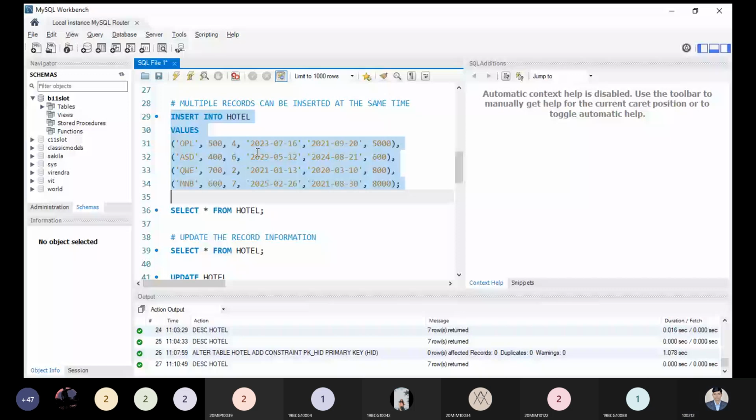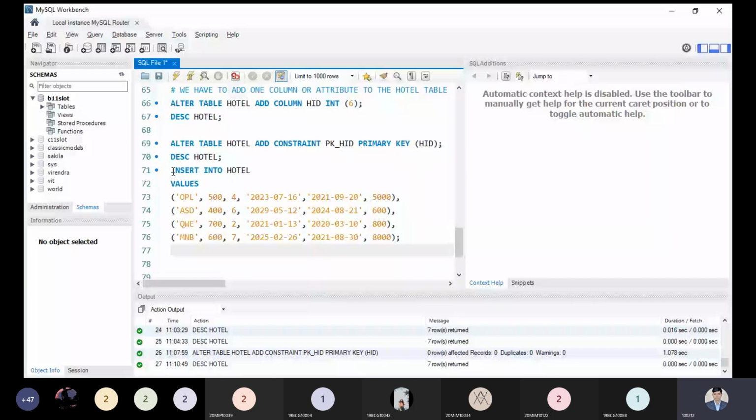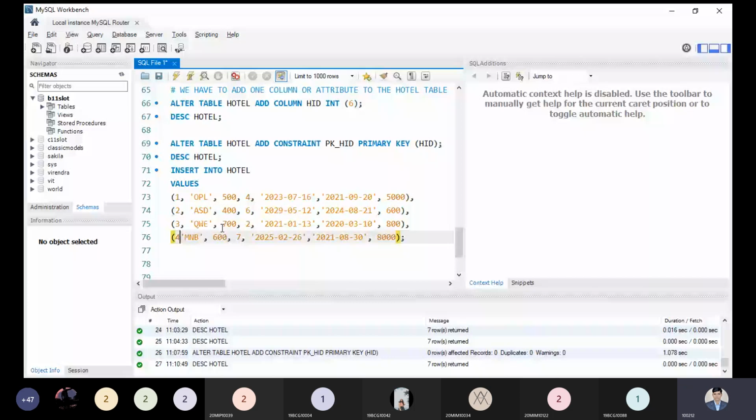So 1, 2 can take, 2, 3 I can take. This would be the hotel ID. 3, 2 and 4, 2. If I make this a 2, you will be able to see this hotel ID will not be represented by uniqueness. So 1, 2, 2, 4, it means we have repetition. Let us understand by executing the syntax.